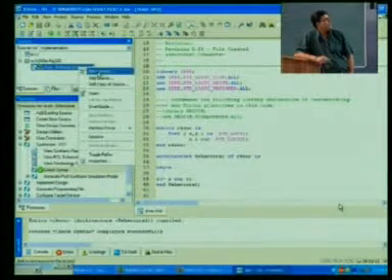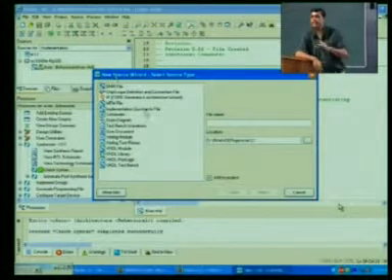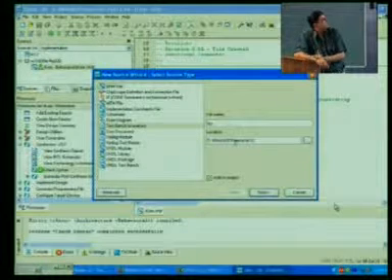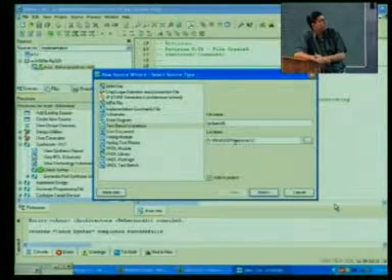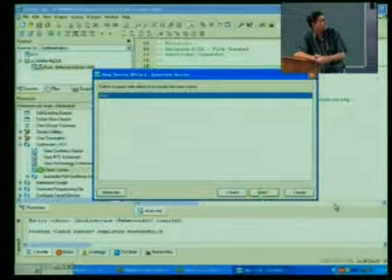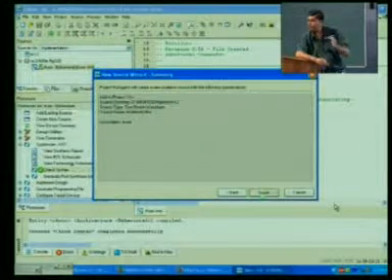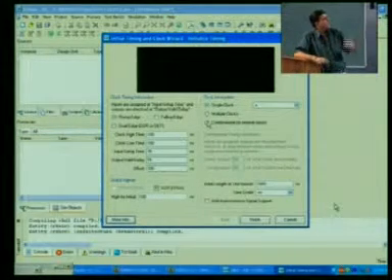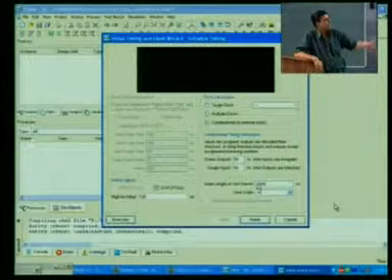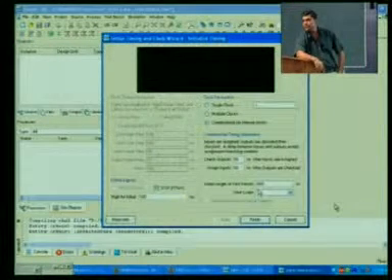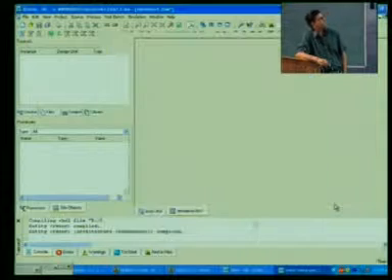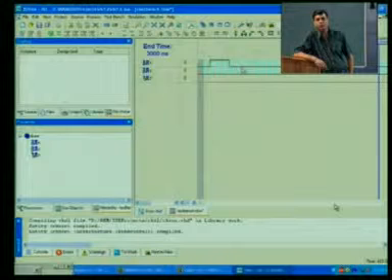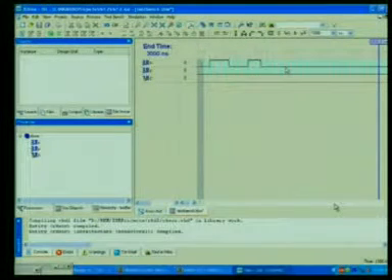Now, once it is complete, again go to new source and create a test bench for your file. Just give a name, I am giving the name test bench, select test bench here, with which file you want to create this test bench, XOR. Here select combinational. Length of your simulation we can select 3000, finish, and you will get this window. Now, here you have to create the waveform for X and Y. Now, I am creating the waveform for X and Y.